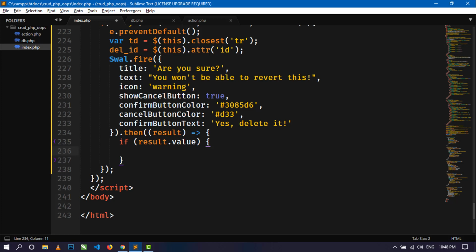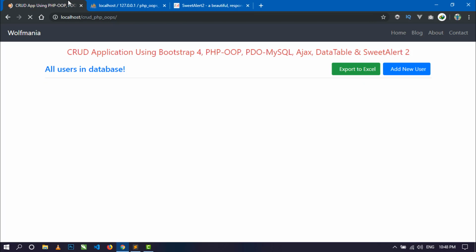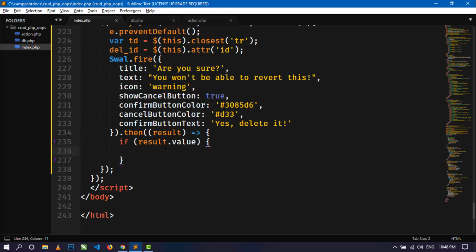So now what I will do is, if we save this and go to the browser and here refresh and click, okay, so we have some error. So where is the problem? Okay,